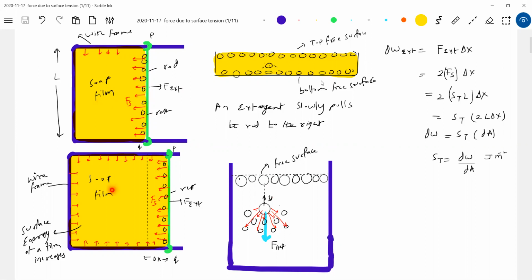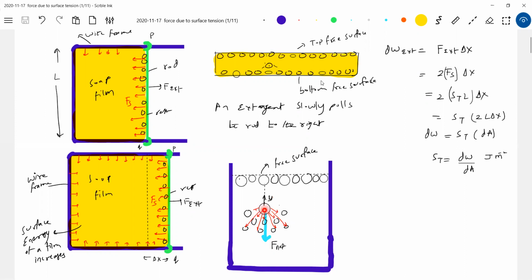Where you see the yellow color layer in the second diagram, it is increasing. Then more number of molecules should come on the surface. From where will the extra molecules come? The molecules which are inside should rise up. Then the molecule which is inside, the net force will be 0. Now what will happen? As I increase the surface area, the molecule which is inside should rise up to the surface. Then this molecule is in equilibrium.